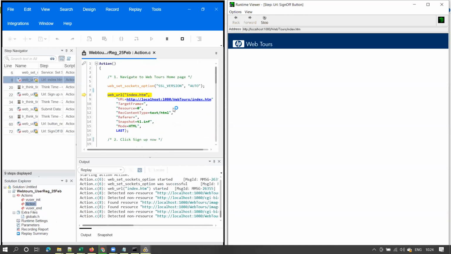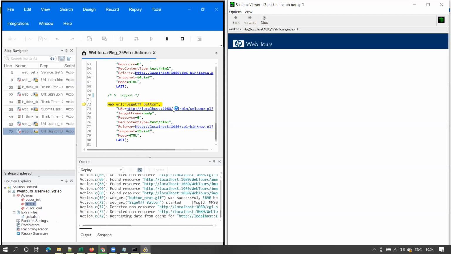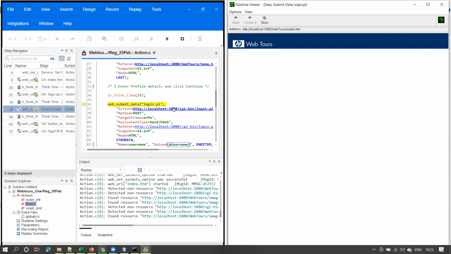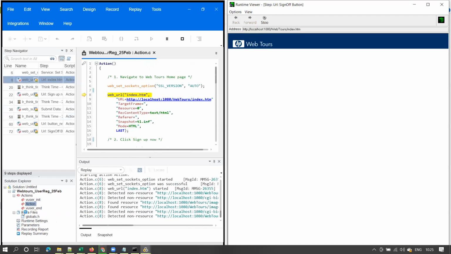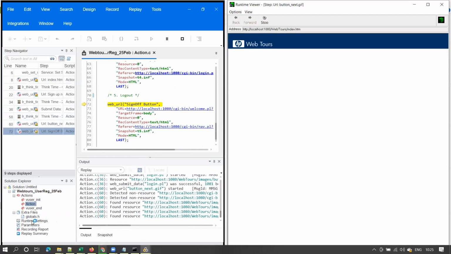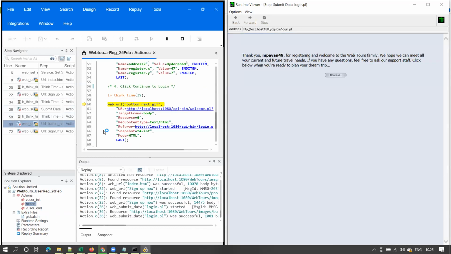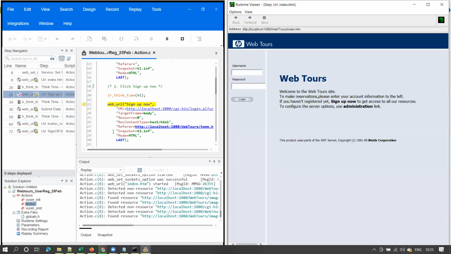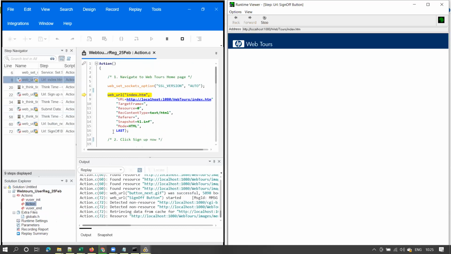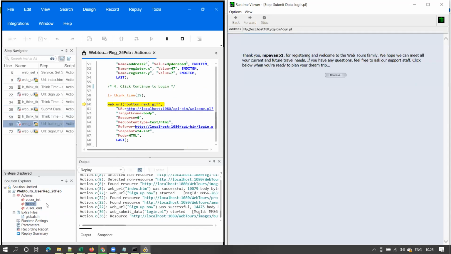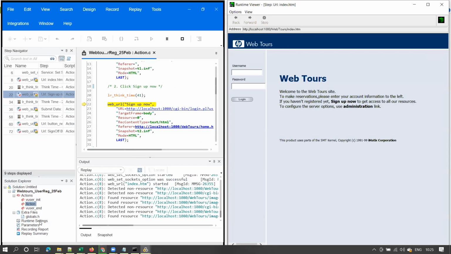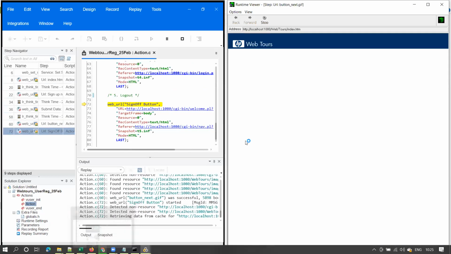But when you are running a test, think time is mandatory. Yes, sir, I understood that point. If we want that think time in practice, where do we get that? You should go to runtime settings. That's what I have shown. Go to runtime settings and you should select the corresponding option. I'll explain those options later on. Don't worry about them. I'll explain each runtime settings option later on.